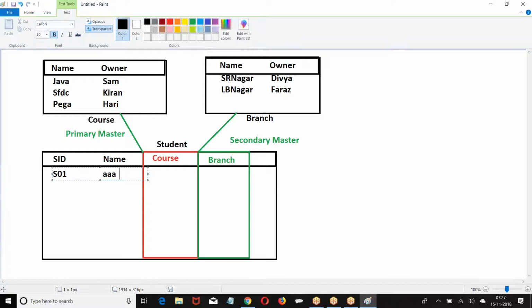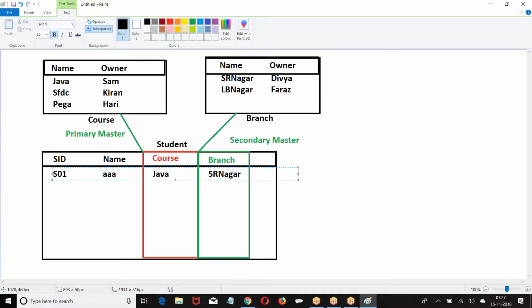Choose the course. Choose the branch. I can choose any one of the course, any one of the branch. Because I have chosen Java, who is the owner of this course? Shyam. Because I have chosen SR Nagar, who is the owner?